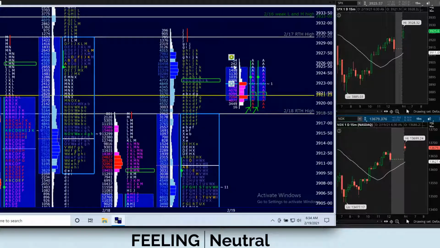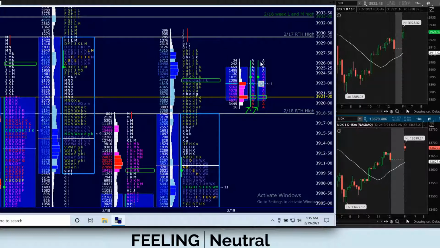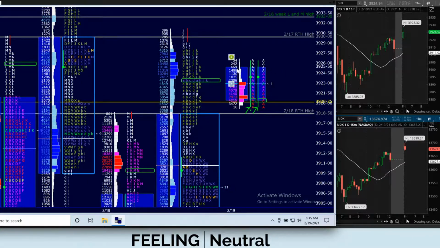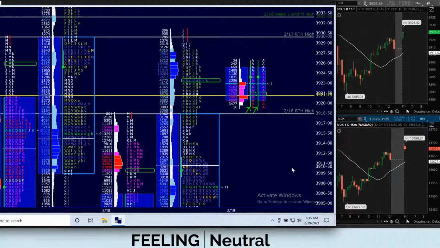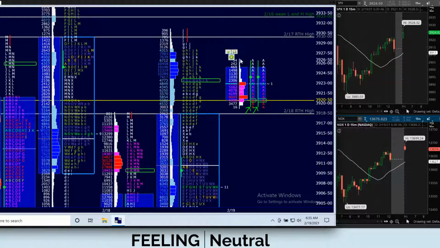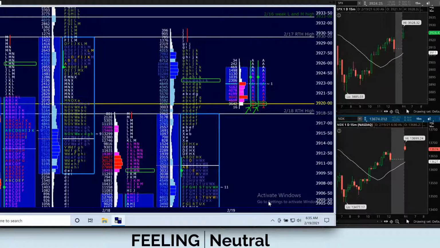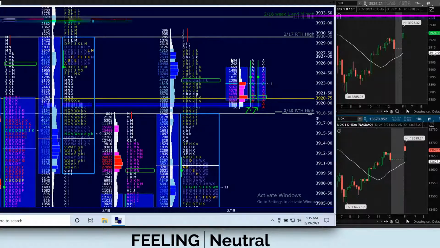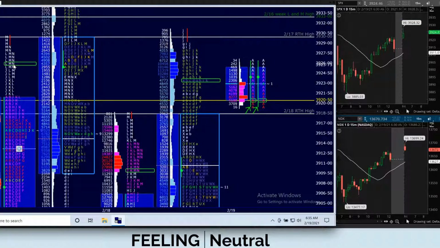You want to have great taper. This would be good taper. For example, if this was 2,000, 1,400, 400, 200, and then 100, that would be beautiful taper, and I'd call that a great high. But the fact that there's probably more than 34 people in the world that wanted to do business at this level. Also, it's one tick from the closing price from 2 days ago, which Jim Dalton would call weak, but I don't.